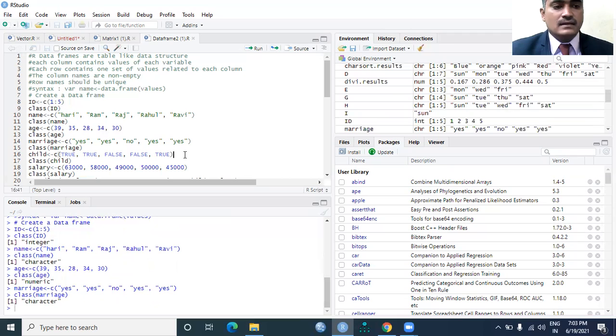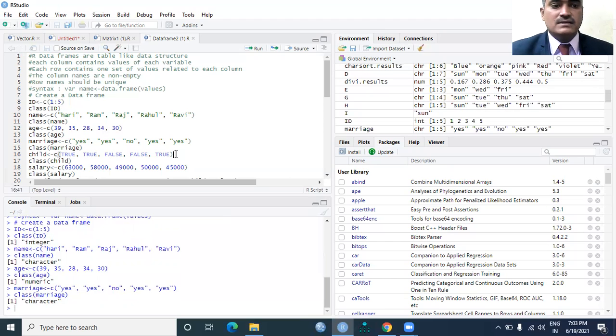And the next variable is by the name of child. With the left assignment operator, I would like to assign all the logical elements into the child variable. If a particular person has a child, it will be TRUE.